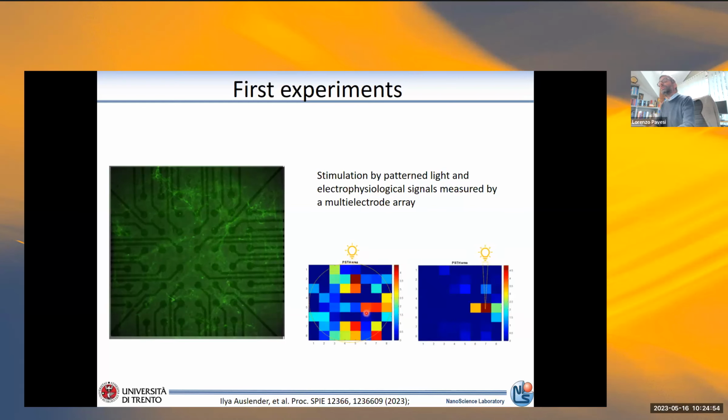Whether we illuminate the full area of the electrodes, you see the different recordings, which means the different activities of the different clusters of neurons that are detected by each electrode in this array. And when you excite locally by using a spotlight excitation, you see that in this case, you only excite the network of neurons that are connected to the cluster that you are exciting.